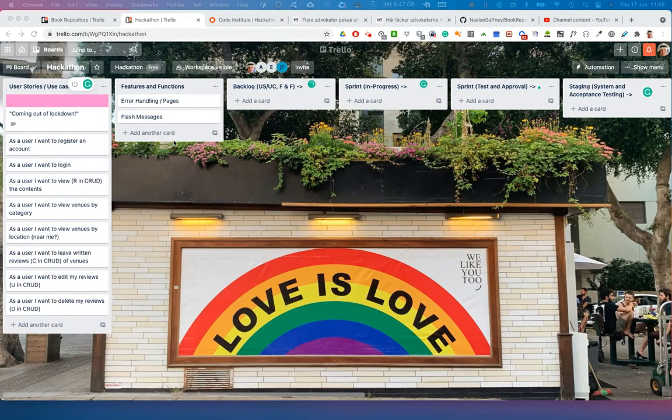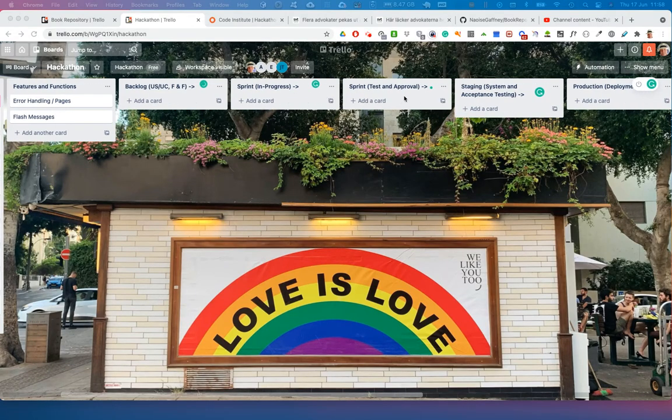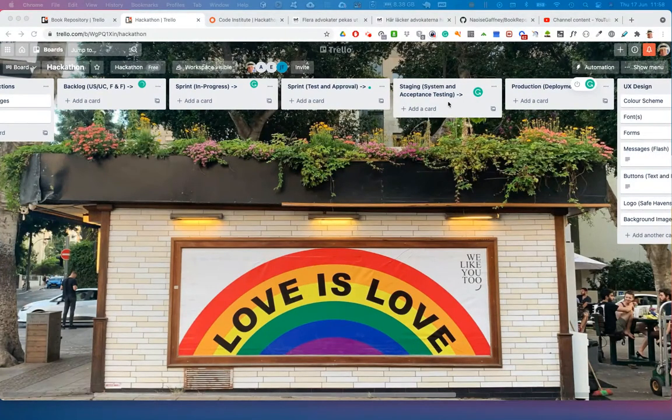Now, what I've also done is here, once we've done the backlog, we then choose to work on something locally. We move it to the sprint in progress, and I will show you how in a moment. Once that's done, and we've done a pull request, and it's being tested on Heroku review apps, it's moved to here. And then whoever has tested it and says it's good can then move it into staging for systems and